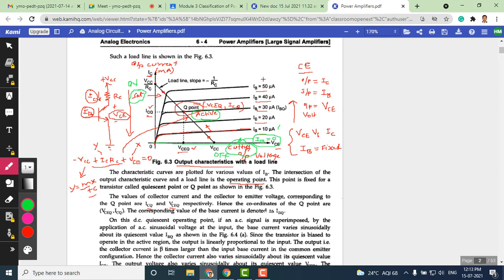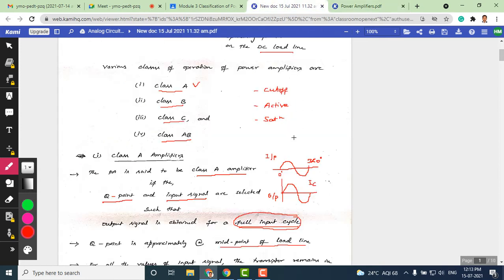So with that, let me go to this here. We said that there are three regions of operation of BJT: cutoff region, active region, saturation region. This is the region preferred for amplifiers. These two regions are preferred to use BJT as a switch. When you go to industry, when somebody asks you to design a BJT as a switch, you must ensure that you operate in the cutoff region or saturation region.